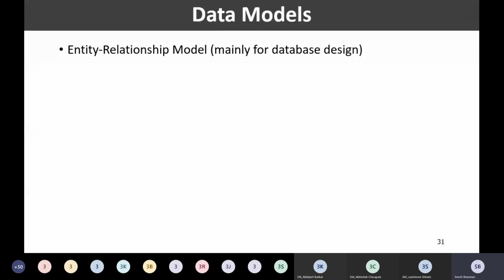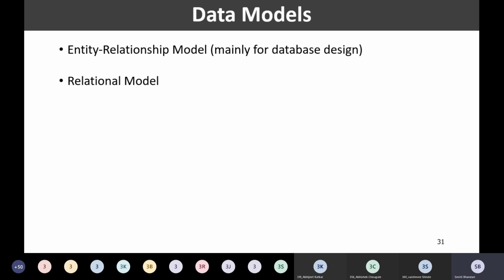It is a model that describes my database design graphically, or in a pictorial form. We are going to discuss this model in a while.